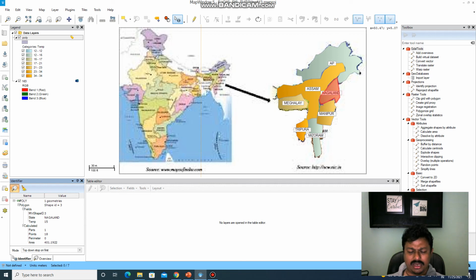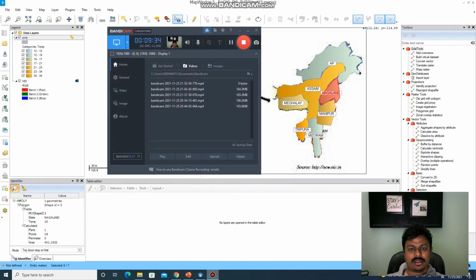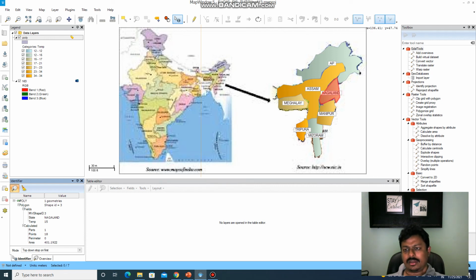So this is more or less a brief demonstration of how the map window works. There are many more functionalities available in this software, and only some of the features are explained here. As this is a free software, there will be some errors, there will be some bugs. So whenever some bugs happen, whenever some abnormal